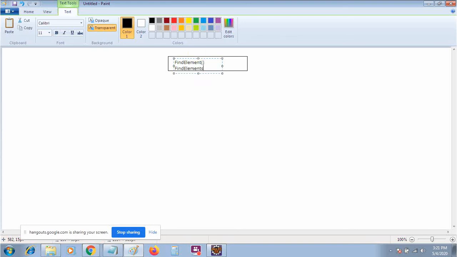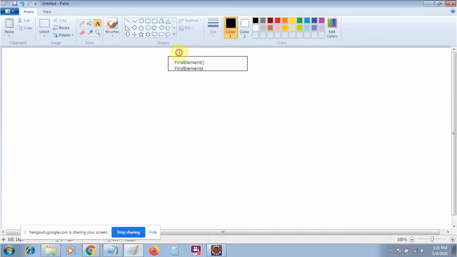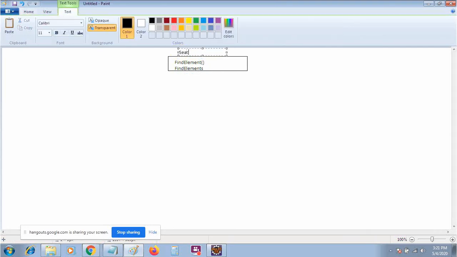So the top-level interface is SearchContext. Okay, so it's basically an interface and it has two methods, findElement and findElements.